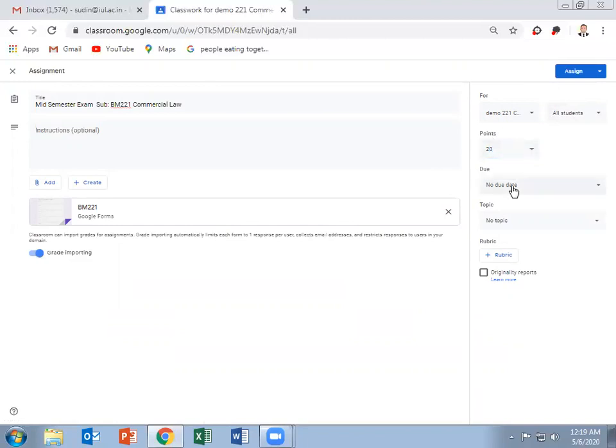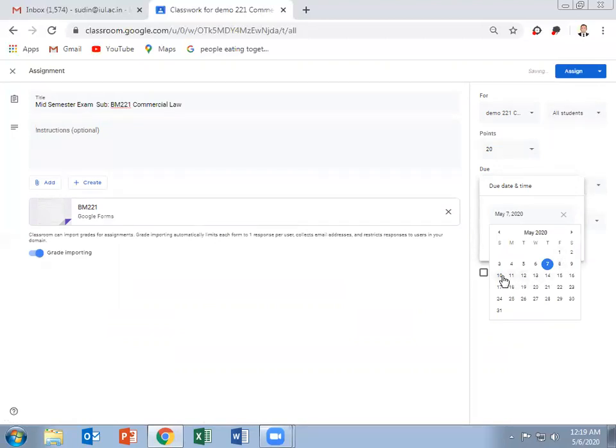The due date is after the last time. Suppose the due date of submission is, suppose I want to take the test on 10th May and the last time of submission is 12:10 p.m.